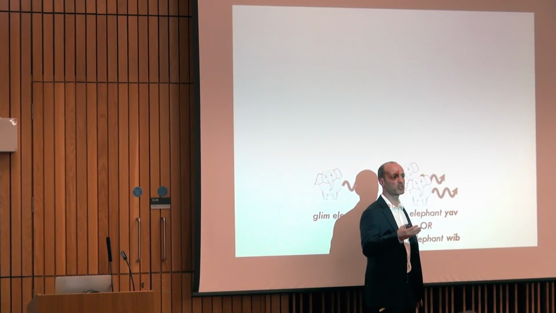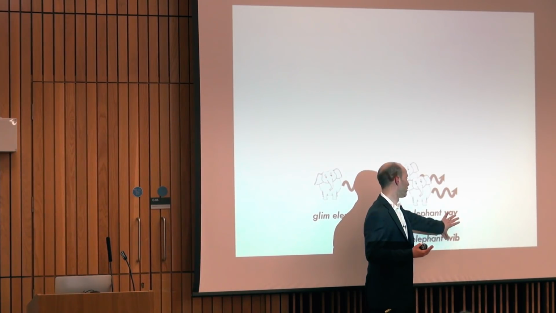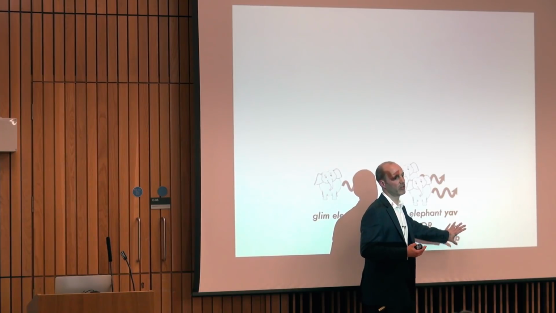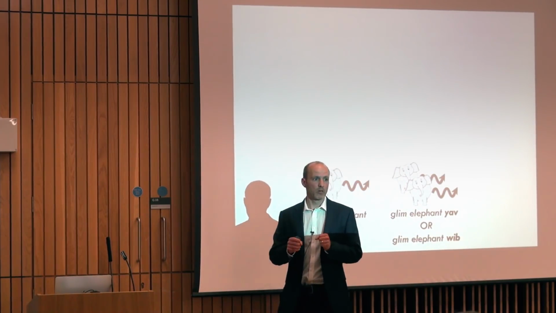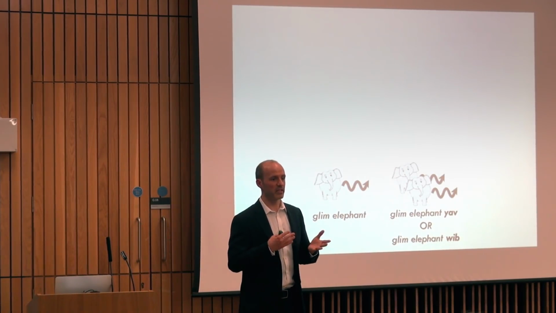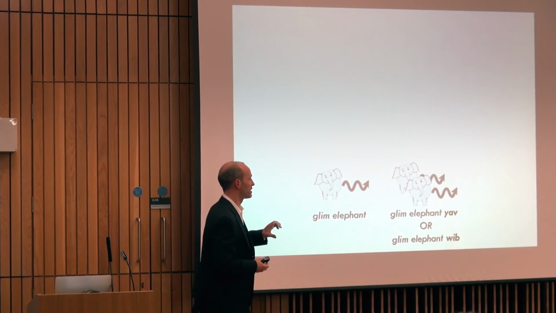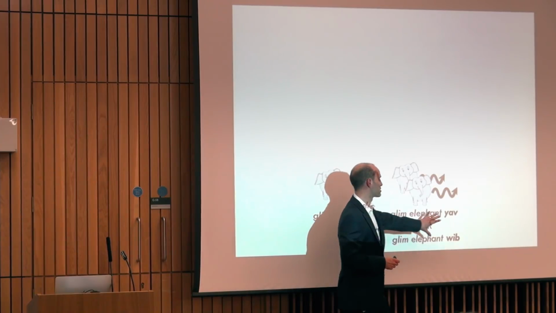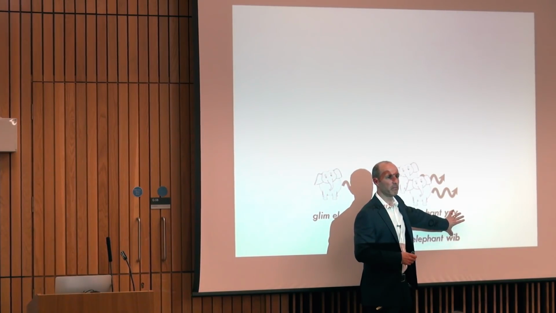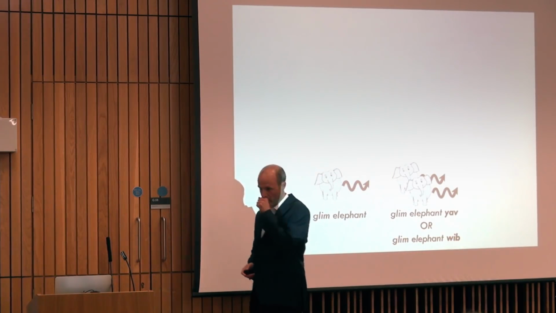Okay, so you just have some optionality about how you mark plurality. Either you use yav or you use wib, and there's no rhyme or reason to which is used when. So we train participants that these two plural markers can be used interchangeably. And what we're interested in these experiments is how do participants respond to this little messy bit of this artificial language, and do they tidy it up at all?